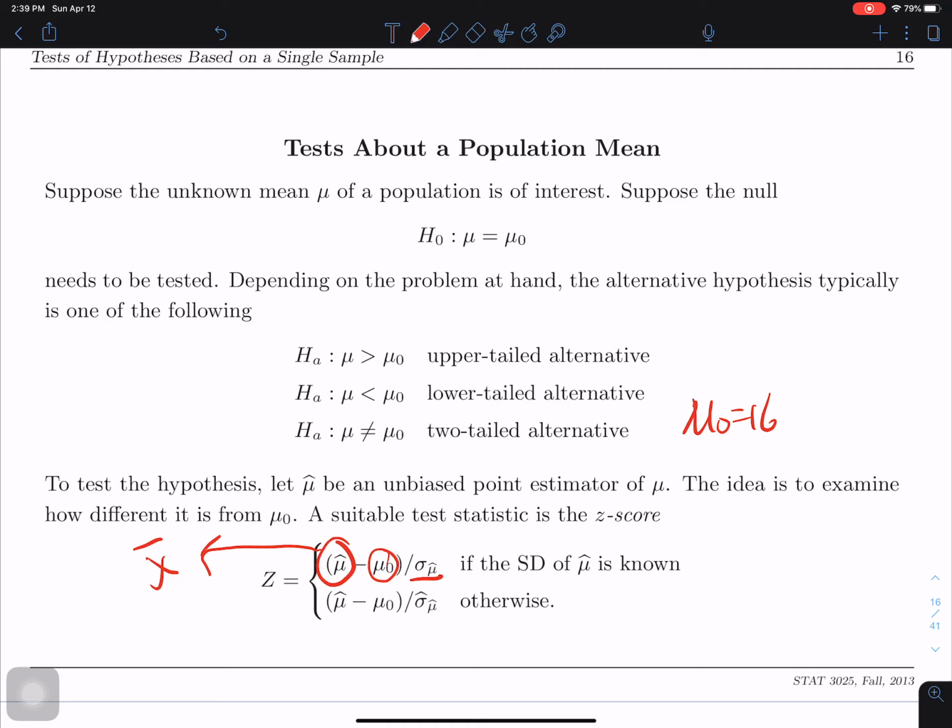And if the standard error of mu hat is not known, then we use the estimated standard error of mu hat. So what is the standard error of mu hat? The standard error of mu hat is sigma divided by the square root of n, right? And if sigma is not known, we usually use s to replace it. That will result in an estimated standard error of mu hat, which gives us